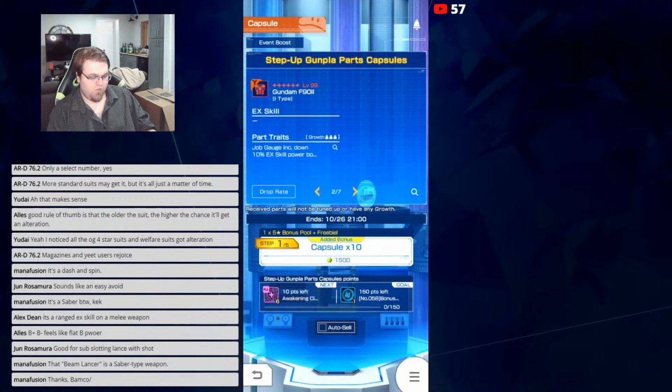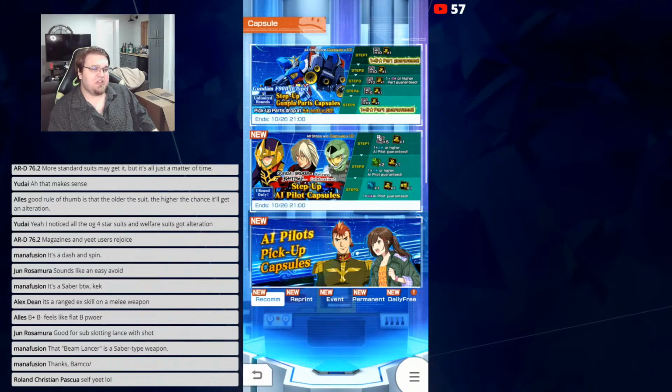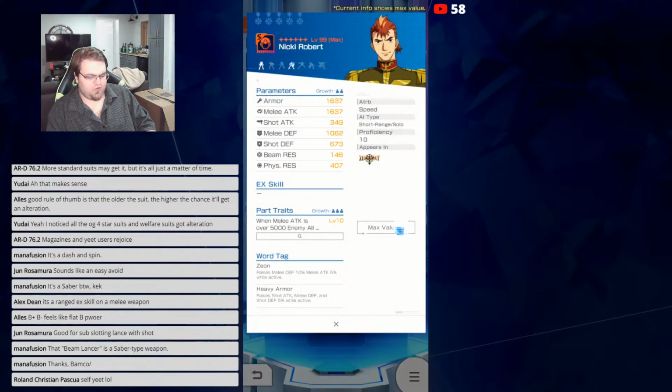Okay. That's interesting. The F92 has, like, decent stats on it. Well, a little more than decent stats, especially for a non-limited suit. It's got an interesting selection of word tags on it. The EX skill selection, purely looking at the numbers, looks good. And I don't really have a ton of complaints on that front. Oh, we'll see what happens when the Twitter videos show us what's actually going down. Yeah, self-yeet. Alright. So, we're going to take a look at Nikki Robert, and then the other pilot, and then